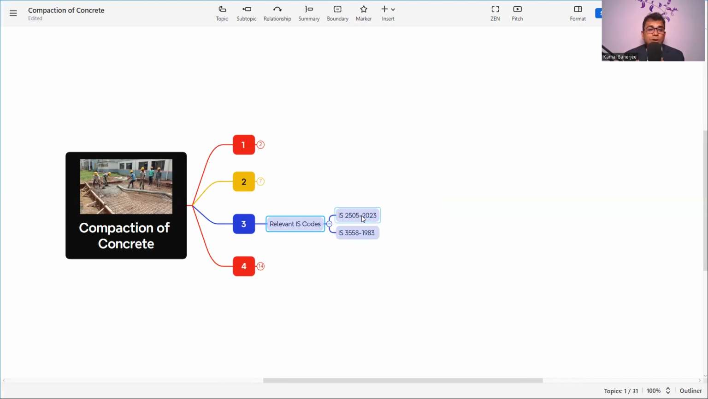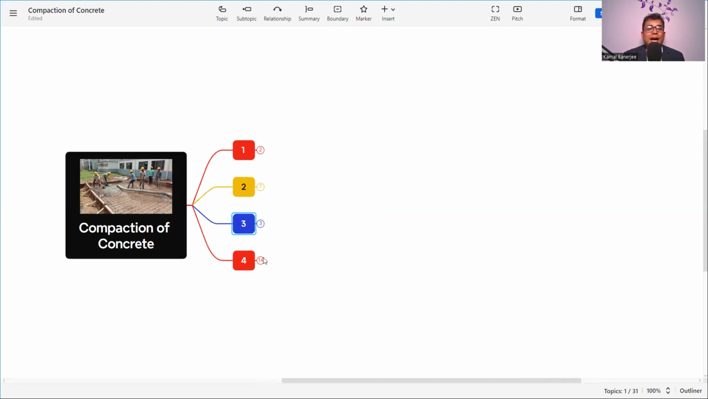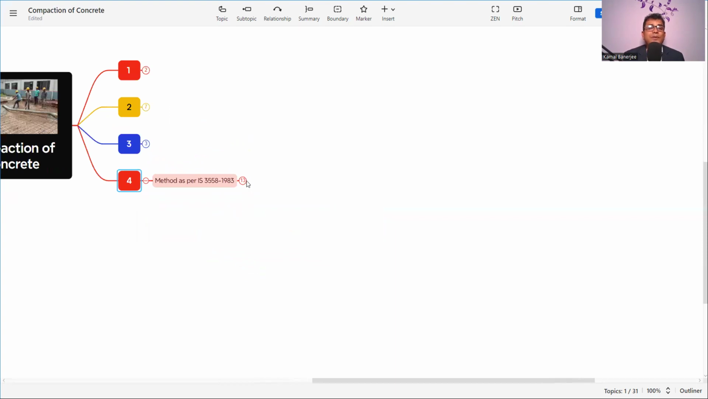But always keep in mind that whenever you are using any IS code or reference, you should check the latest version from the BIS website and only use the latest version along with the amendment. So only then will you get the relevant IS code, the revised or the latest one. Now we are discussing these two codes, and what is the method as described in